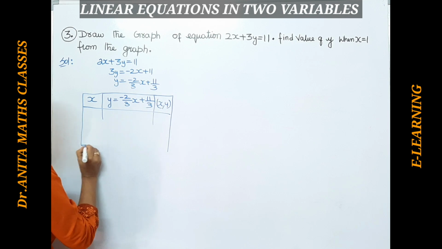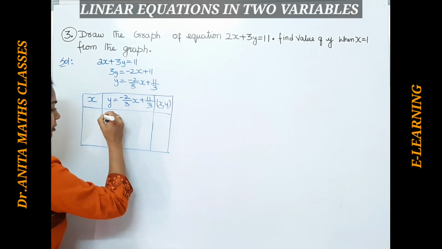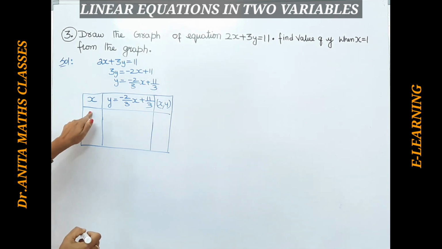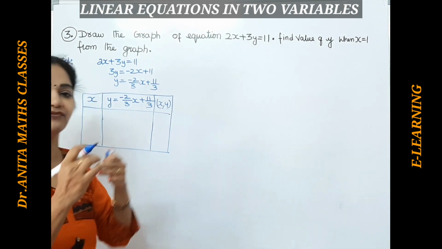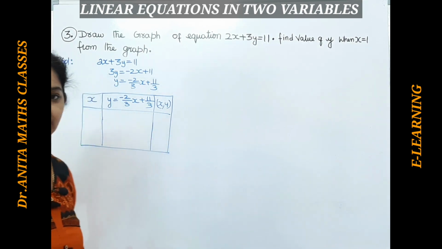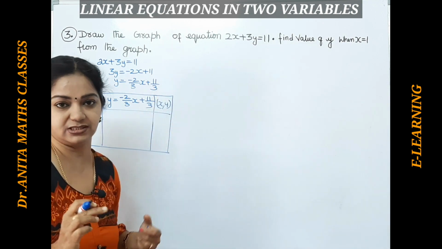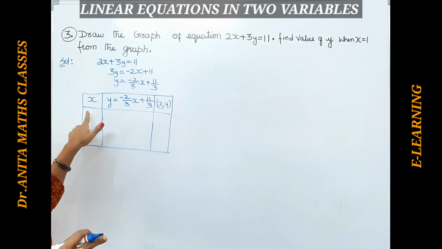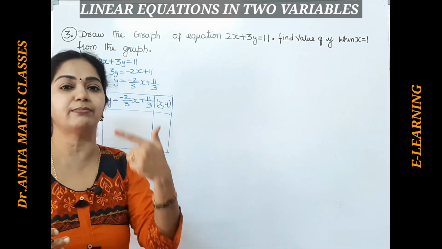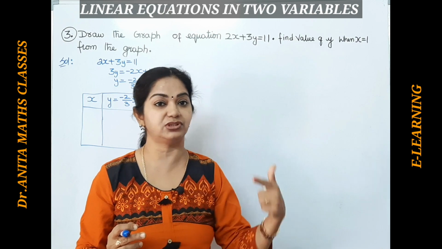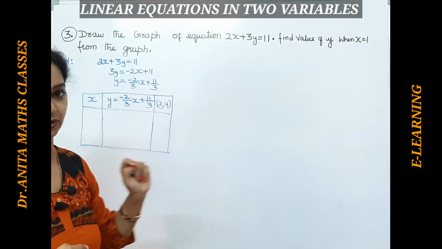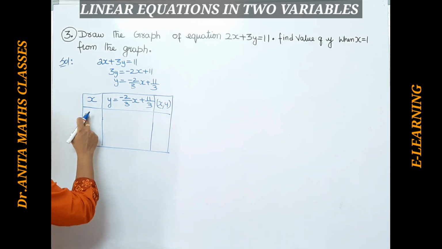So let us form the tabular column. We can give any values for x, but preferably, if you are giving a value for x, the y value, if it is a fraction, you can as well plot it, but if it is a clear integral number, it will be easy for us. So if you are getting fractions, remove that point of x and take another point. There are many points, 0, 1, minus 2, 2, 3, 4, 5 like that, but preferably take one negative and one positive.